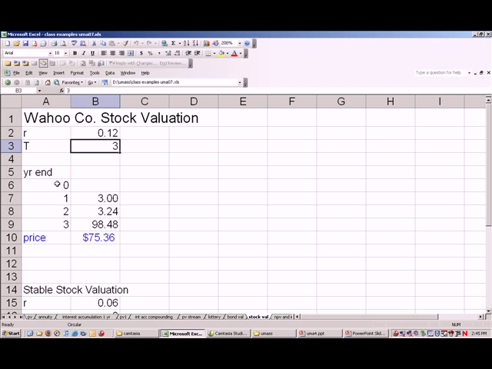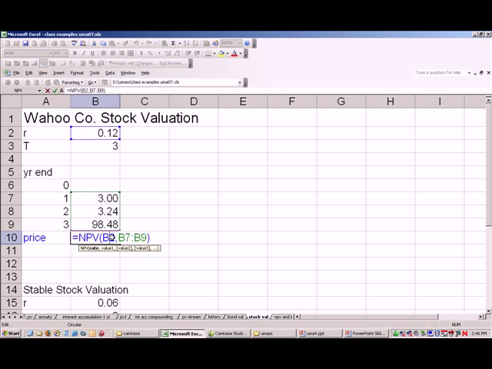The cash flows are going to be looked at over years 0, 1, 2, and 3. The dividend payment in year 1 is $3. The dividend payment in year 2 is $3.24. In year 3, the shareholder gets the dividend payment of $3.50 up here, plus expects to be able to sell the stock for $94.98. And the NPV calculation,